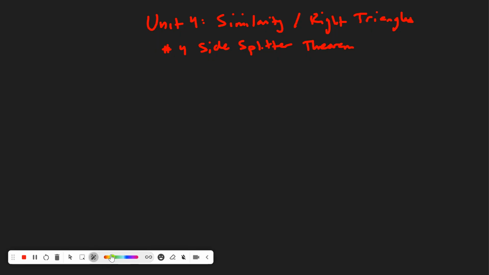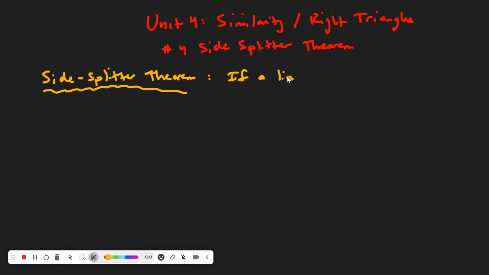Okay, so we have been spending a lot of time on these similar triangles. So there's one kind of extension with the similar triangles, and it's called the side splitter theorem. And it conveniently does what it says, right? So here's the idea, right? So if